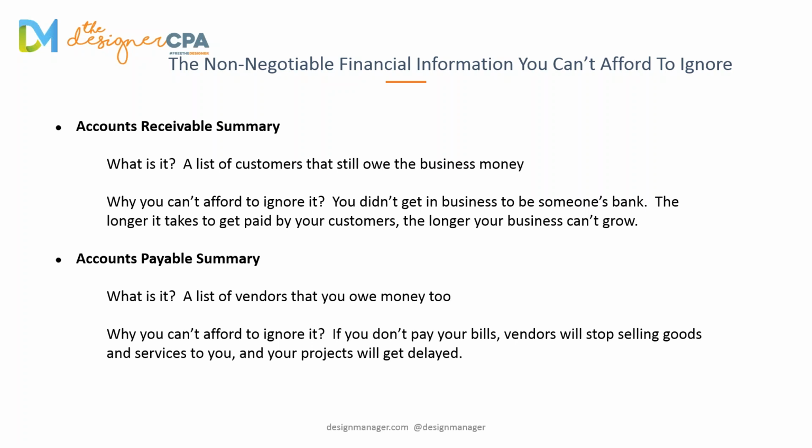Well, I just let someone borrow however much money for 6 months without getting that. And that's money that the business could have used to buy something, to invest in the business, and to grow it out. Accounts payable summary is just like the accounts receivable, but instead of looking at a list of customers or clients that owe you money, now you're looking at a list of vendors that you owe money to, and